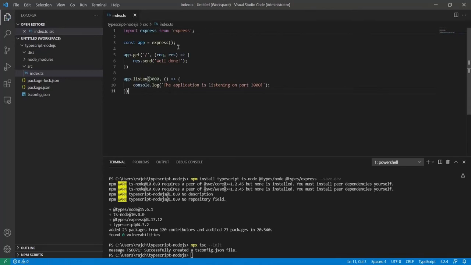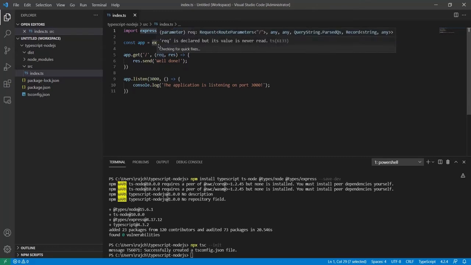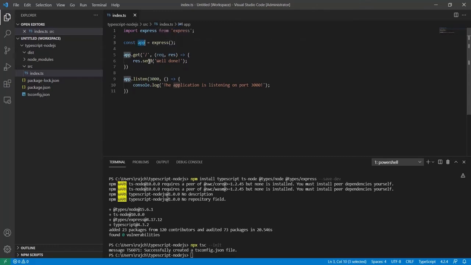Here you can see I am importing express, and using that express I am going to get the root URL, and inside the root URL I am just going to give the response well done, or you can change it to hello world.